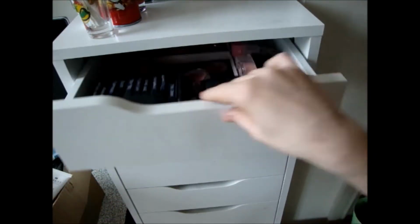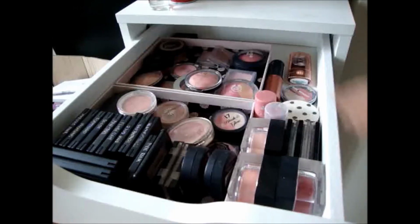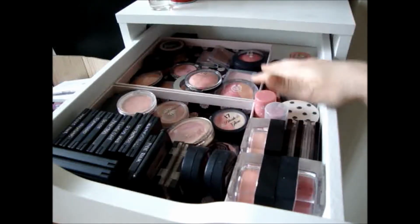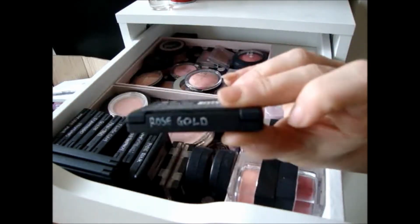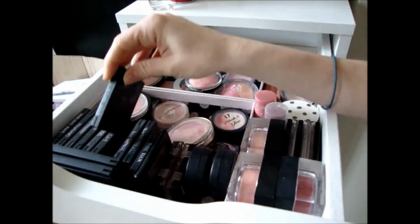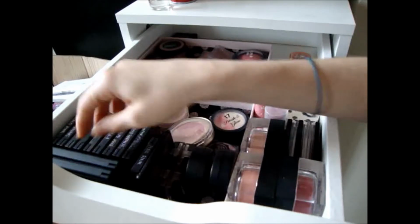So now let's move into the first drawer. So this drawer here is blusher. So in the front one I have all my Sleek ones here, which I've labelled. So they've got what it is written on the front. I just used a Barry M nail art pen. So I've got the